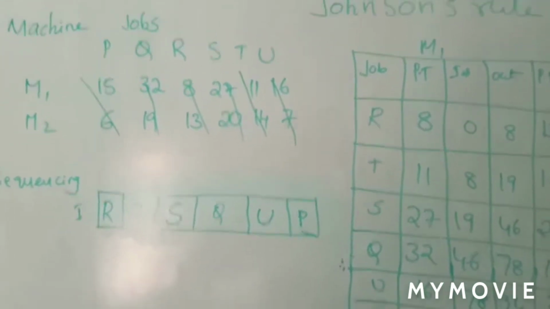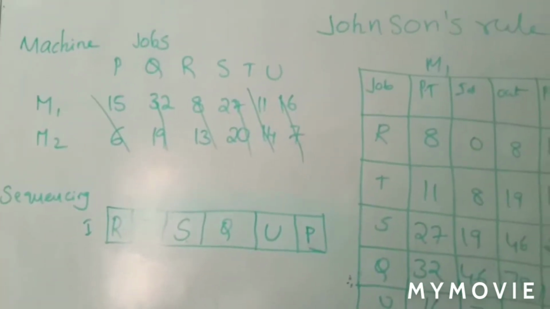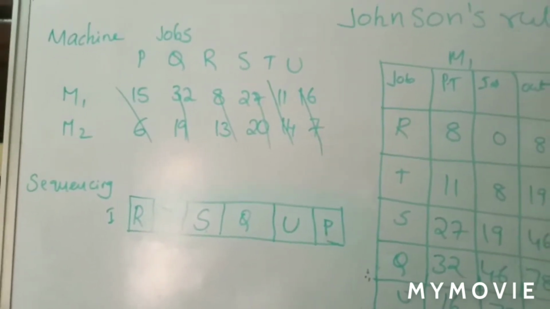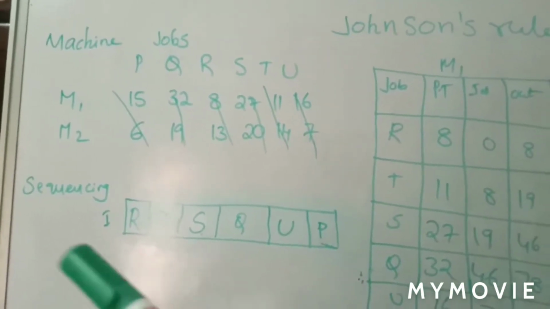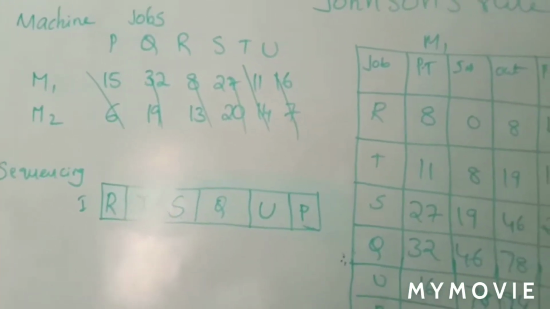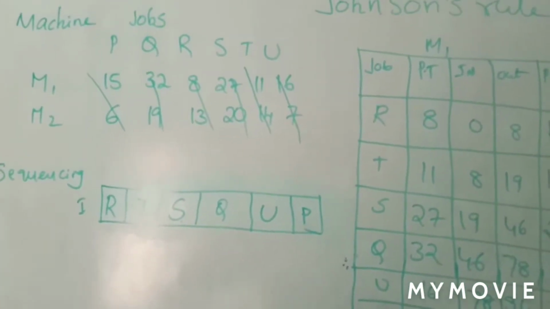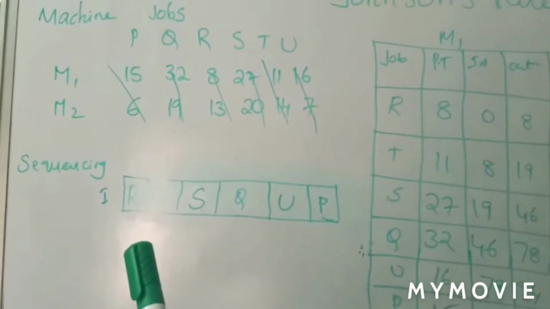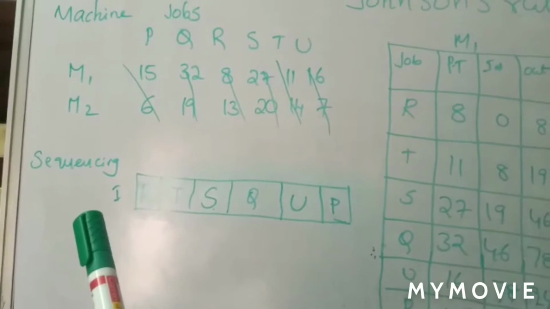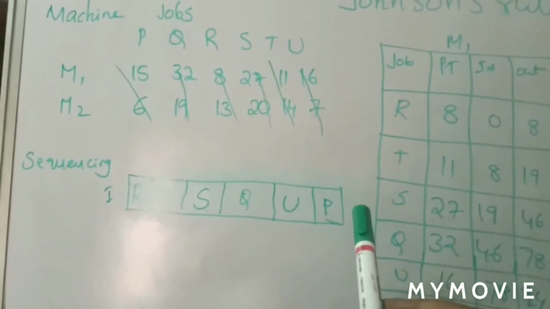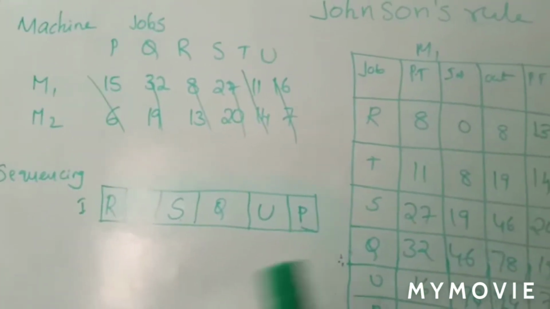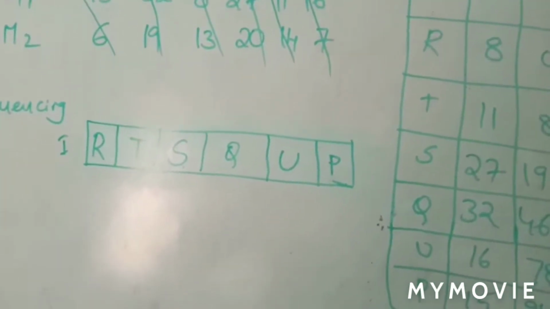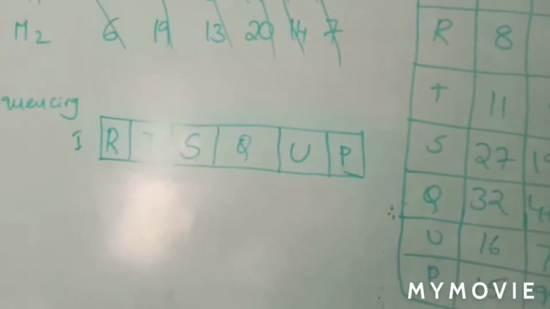Now the same procedure as your earlier due date and SPT rule, the shortest processing time rule. Here also, first we arrange a sequencing order. How do we get the sequencing? Same procedure, but there is some logic. At one end you mention machine 1, and at the other end machine 2. So the left end you can make the first machine, and the right-hand end you can make machine 2.